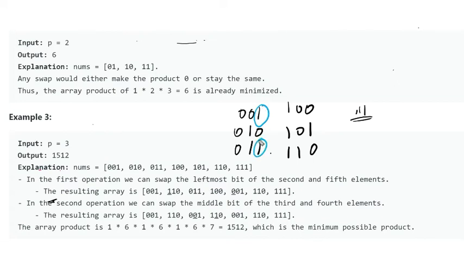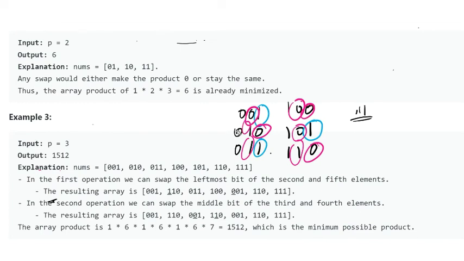Here the number of ones is 3 and the number of zeros is again 3. If you go for the second bit, then the number of zeros is again 3 and the number of ones is again 3.